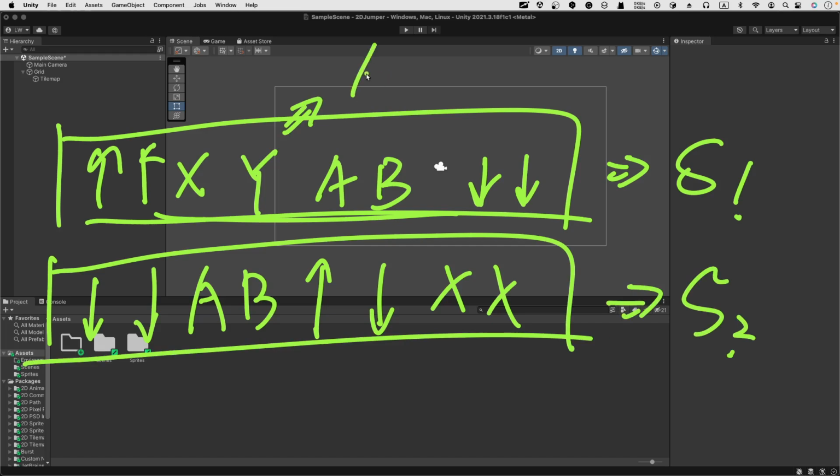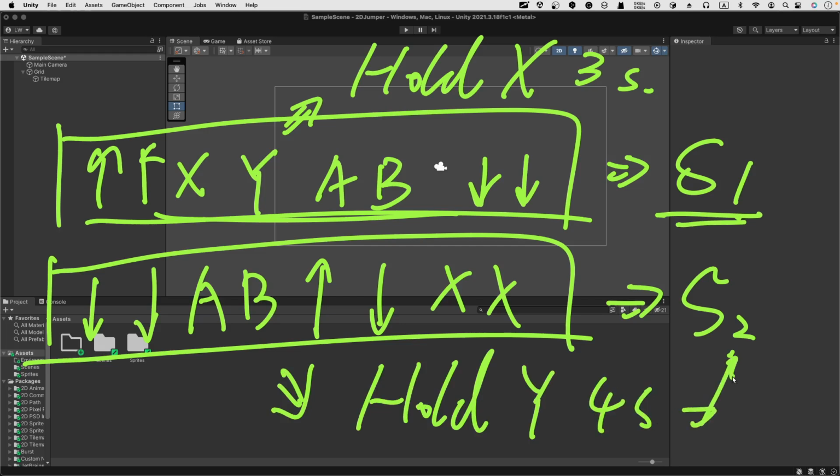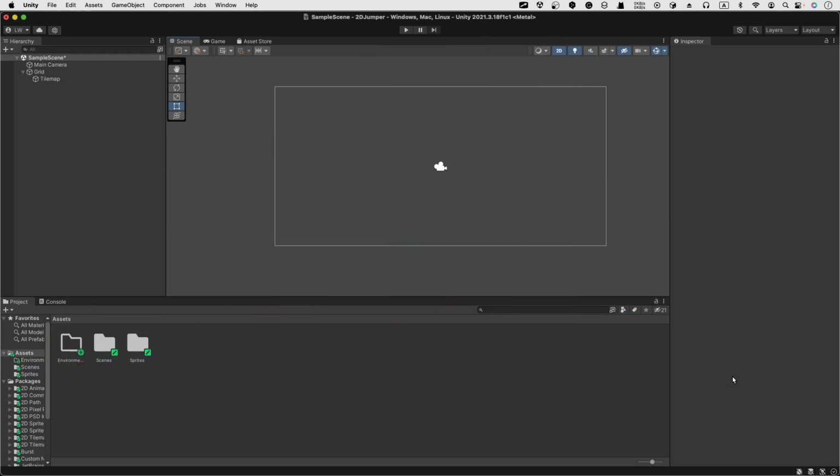Okay, so if you hold X for 3 seconds, you can just execute that, and if you hold Y for, I don't know, 4 seconds, you can execute that. So this is sort of like the macro key that you can put your skill in. Okay, so what I'm going to do is to make a combination of our